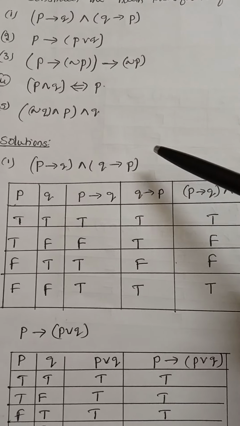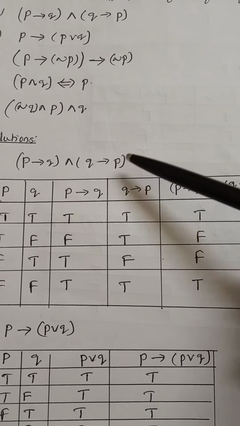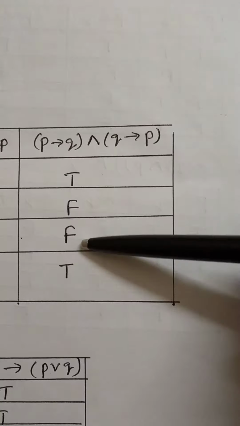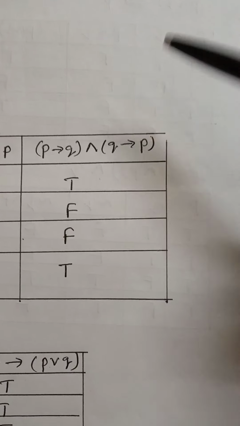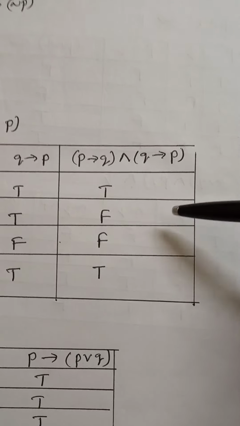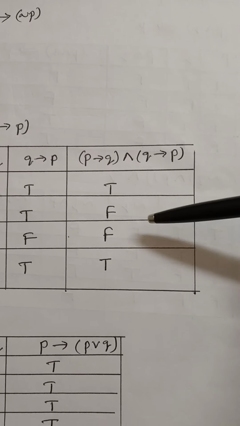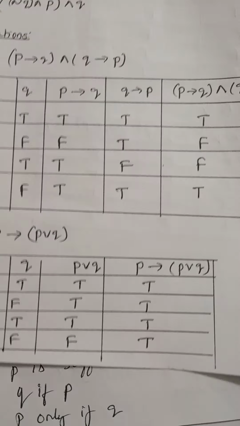Right? Now see here, this is a given compound statement which has the truth values true, false, false, true. It contains some truths and some falses. Therefore this first one is called a contingency. This is not a tautology and not a contradiction. Therefore it is called a contingency.